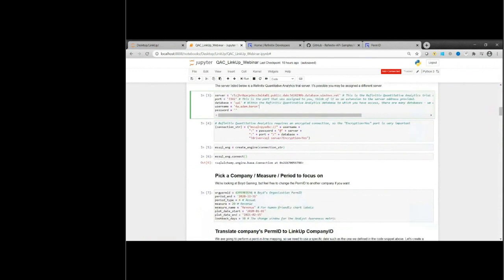Like I said, the connection string for SQLAlchemy is pretty straightforward with all those components. One thing to note is that when you're using on-premises databases, encryption is not really that important because you're just using your internal company network, so there are really no big security concerns. But when going over the public internet to the Azure hosted instance, you need to be concerned about encryption. So this encryption equals yes is very key, and if you don't use it, the connection actually won't work, and you'll get some errors that might seem mysterious if you're not familiar with it. So anyway, you make the